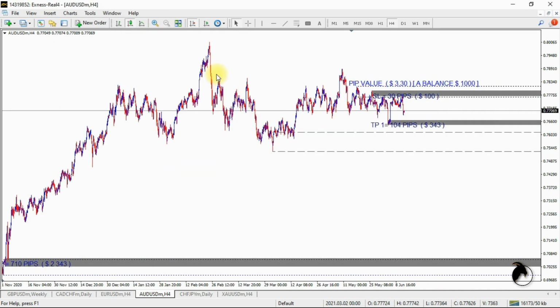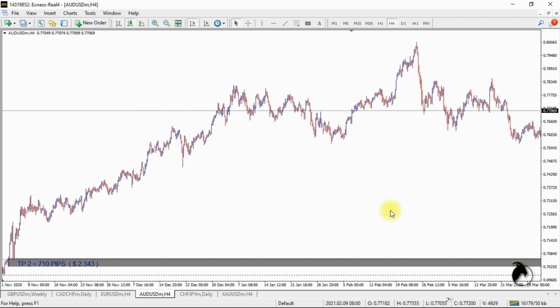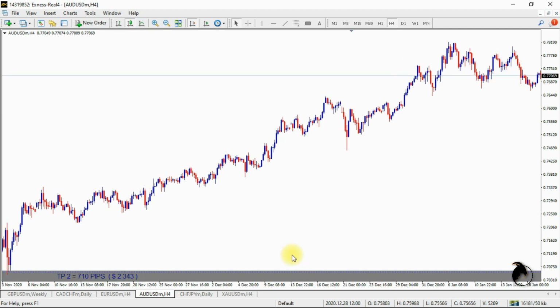lower zone down there. Oh yeah, it appears down to this zone right here, because this one we expect it to be taken out since it's a poorly formed zone. Okay, so our first target is, sorry, our first target is 100 pips, 104 pips, and our second target is 710 pips